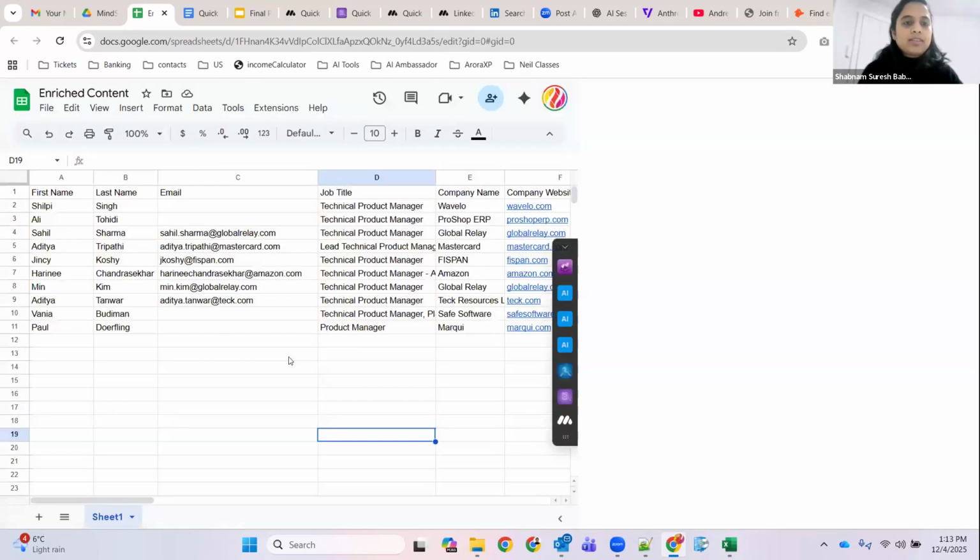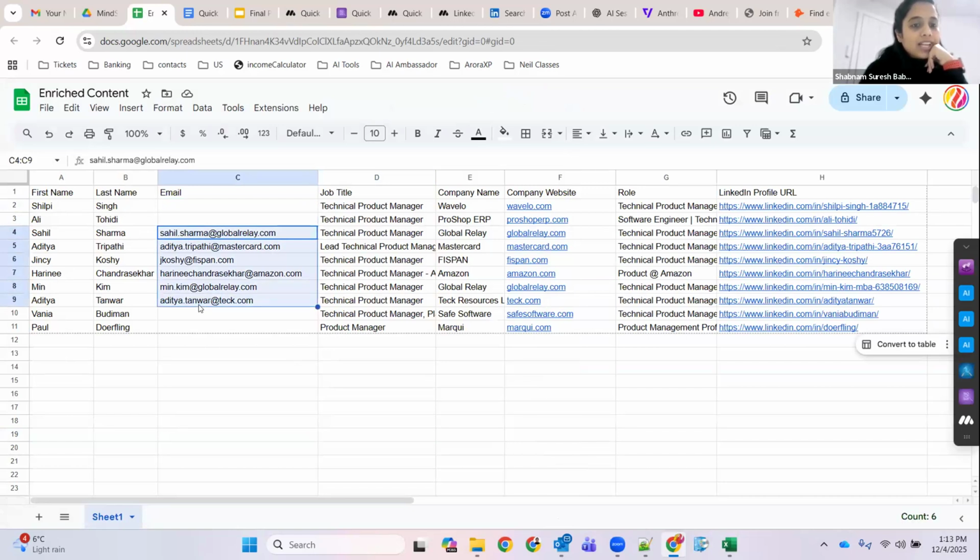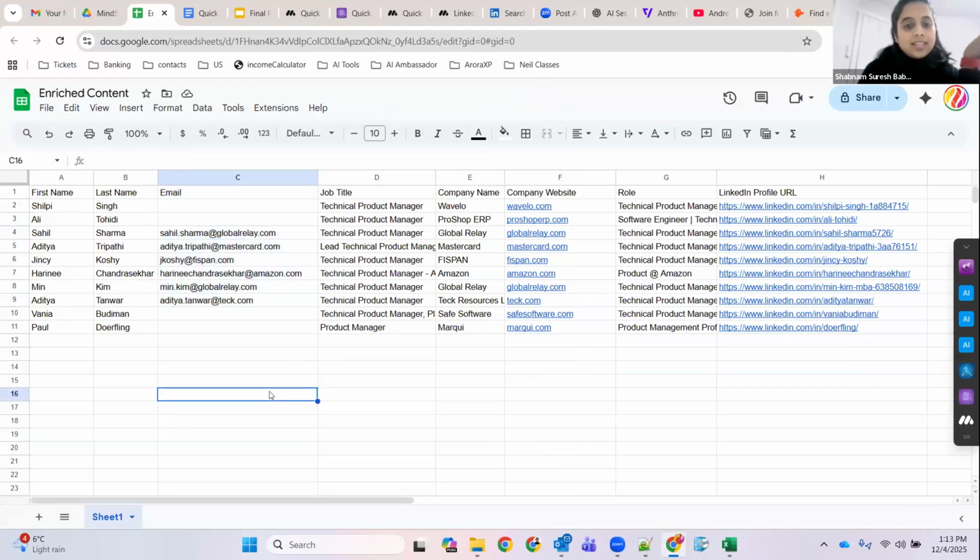Now let's look at my sheet. So this is my sheet here. Some of them we can get email directly, but there are some companies which kind of block, but that's okay. That's the limitation, right? For whichever I got, these are the valid emails that I would be sending a personalized message to them, asking if there are any roles, or maybe can you walk me through the day of what a technical product manager in that company would be doing, and so forth. So similarly, you can use it for any other use case.